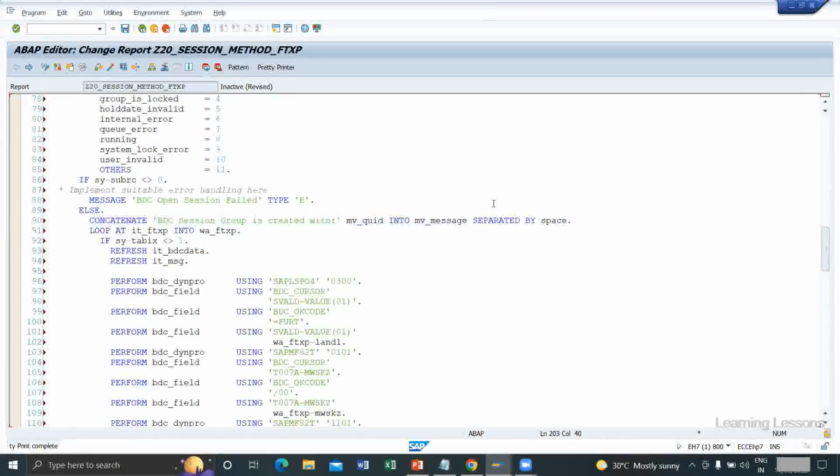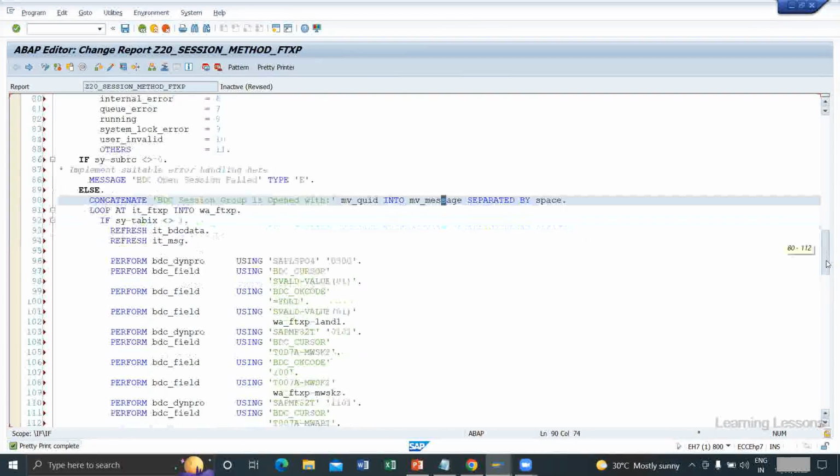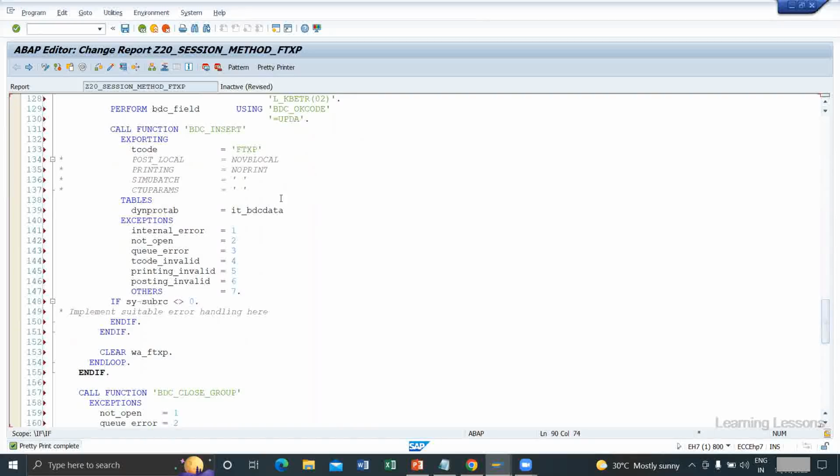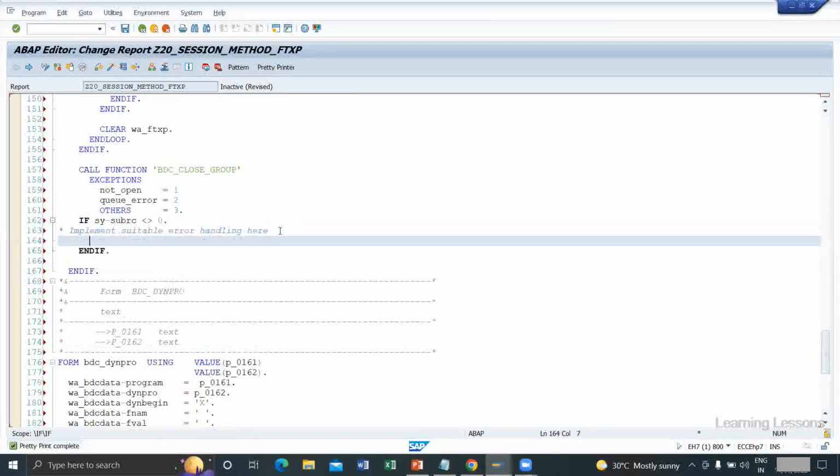Okay, so I'm not going to display this message. So here first, BDC session group is open. We can write open with this Q number. So that is one message. After processing, insert is there. After insert, close also there. Okay, not equal to zero means failure. If it is success,